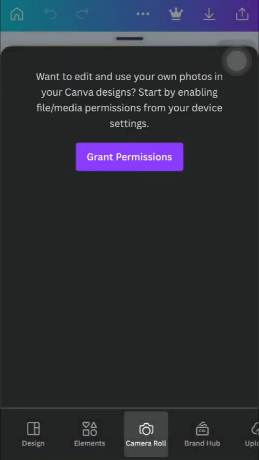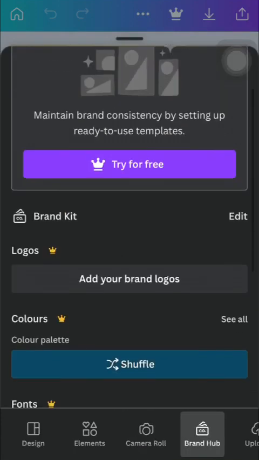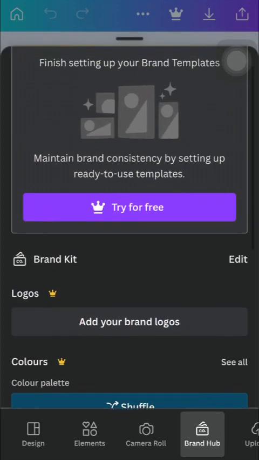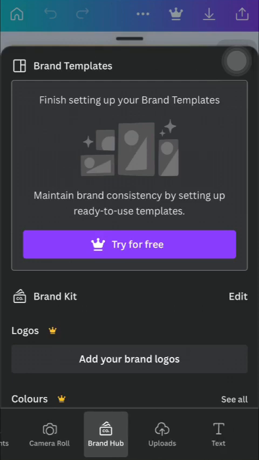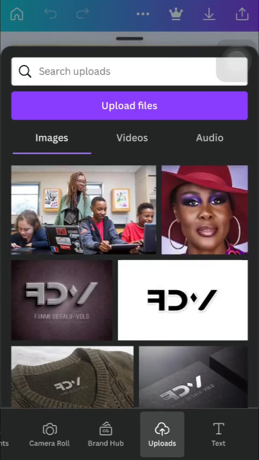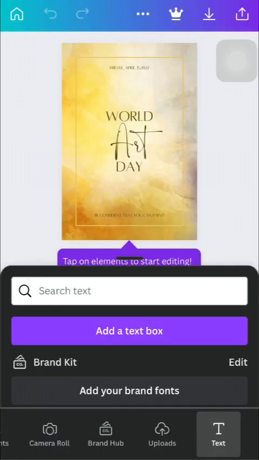Don't allow for now. And then we have brand templates like logos and fonts that we can use, but this particular session is paid, so you have to pay to use it. You can upload pictures from your phones. I have some pictures that I've uploaded in the past. And then you can add text to your design. So I'm gonna just drop this down,